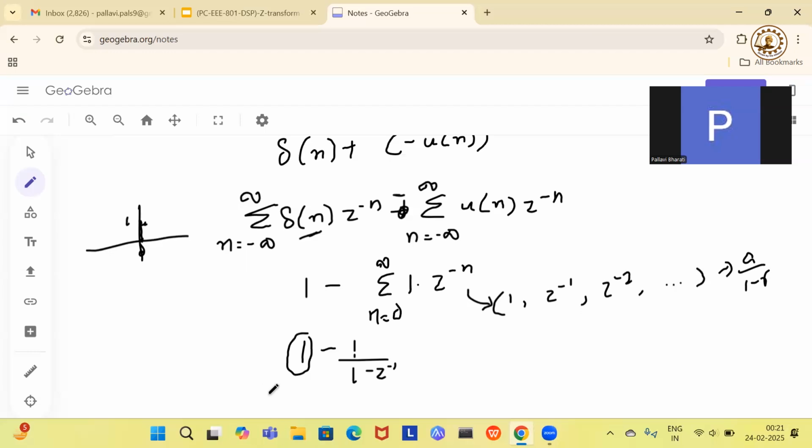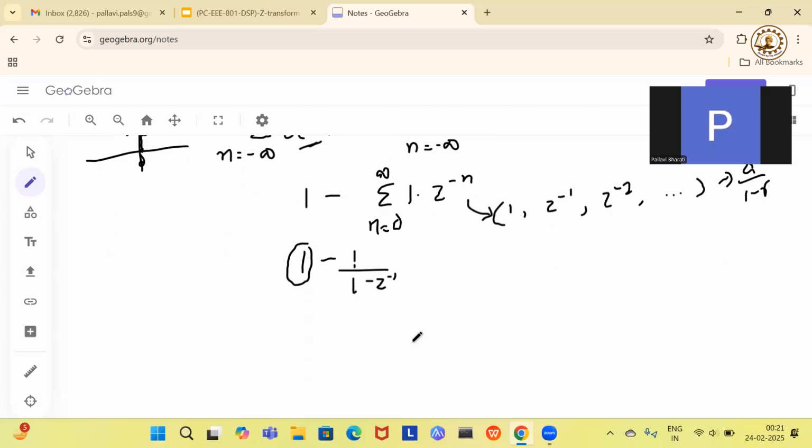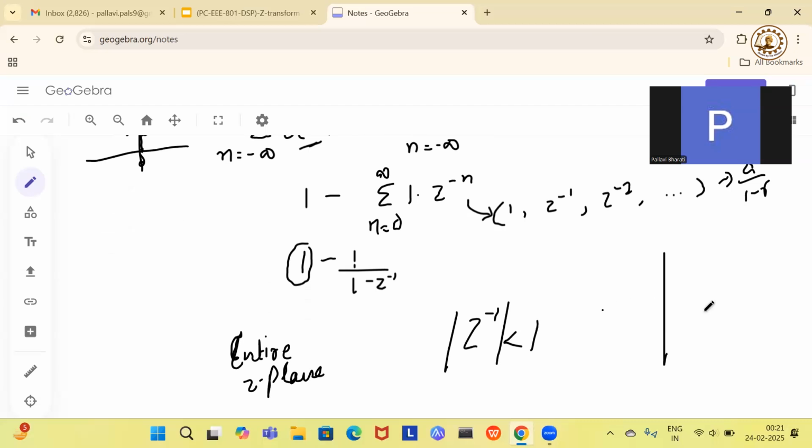But the ROC for this one, that is z inverse, is mod z inverse lesser than 1. For this side, it is the entire z plane. And for this one, it is mod z inverse lesser than 1. So if you take the intersection, only this is going to come. It means that if I take the whole z plane,